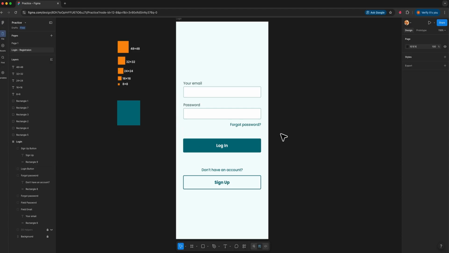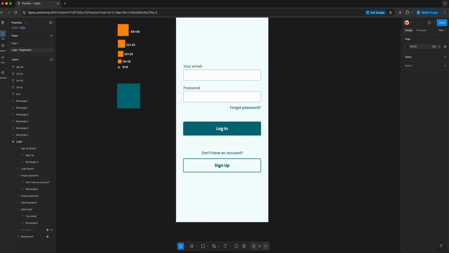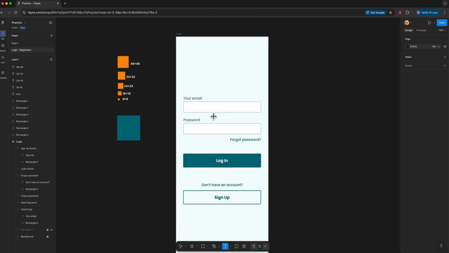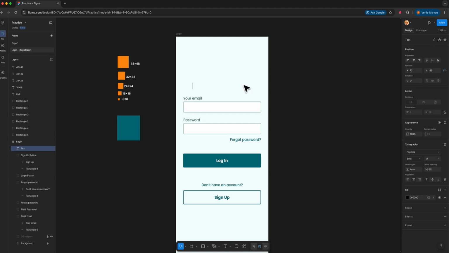Next thing we can do is now enter some text fields inside these boxes. I'll grab my text tool by pressing T on the keyboard, and I will click and drag and write here "enter your email." I'll change the properties of this from the properties menu on the right. From bold I will make it regular, and I will change the font size from 17 to 14, and I will just make it